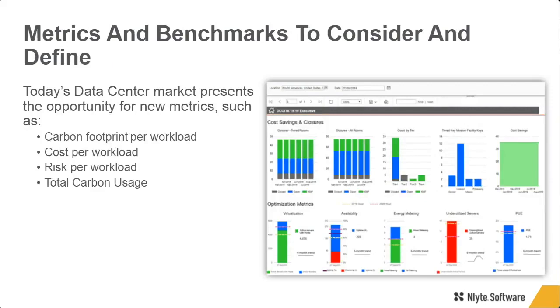And this is the thing that gets exciting, I think, especially when you take any kind of emotion out of it and look completely objectively at your environment. The data center market today presents the opportunity for new metrics. New metrics could be anything, but just to give you a few ideas and get the creative juices flowing, you want to look at things like carbon footprint per workload, or cost per workload, or what's your total carbon usage,